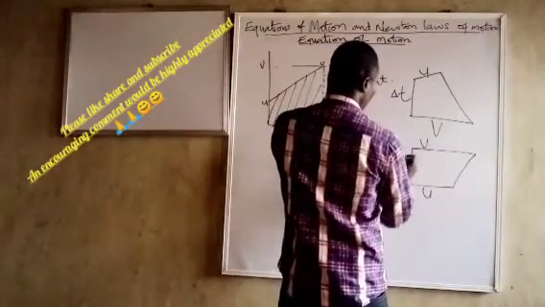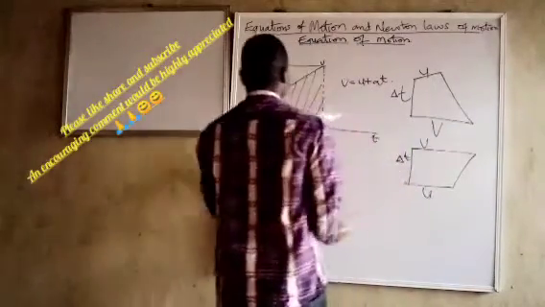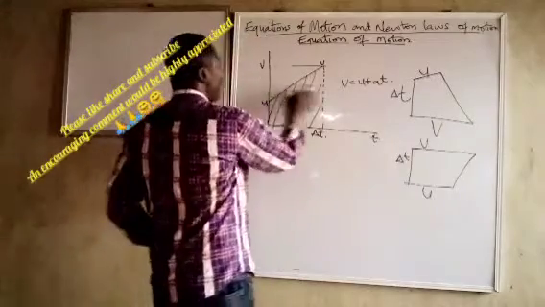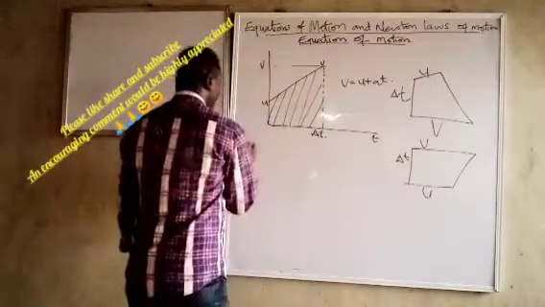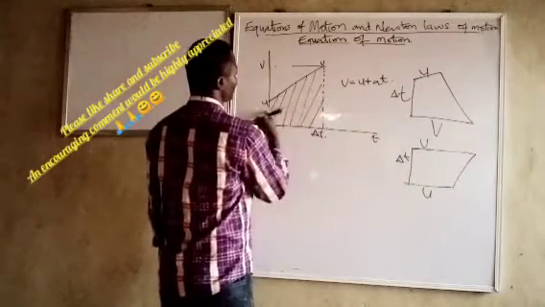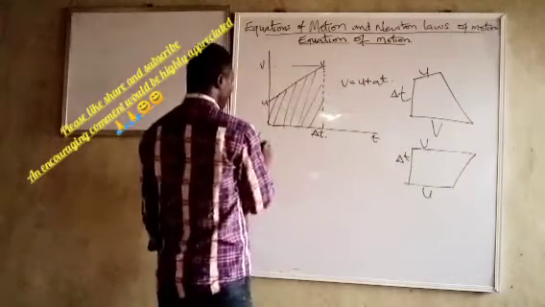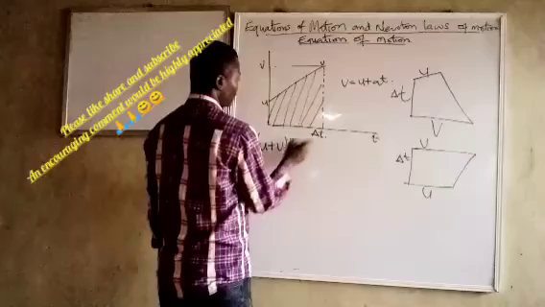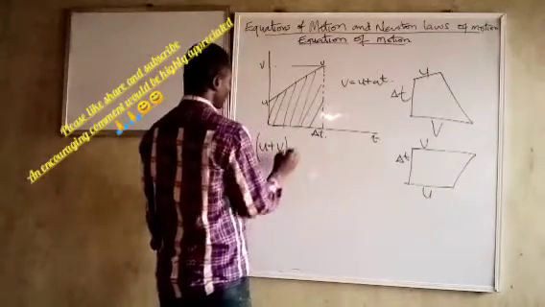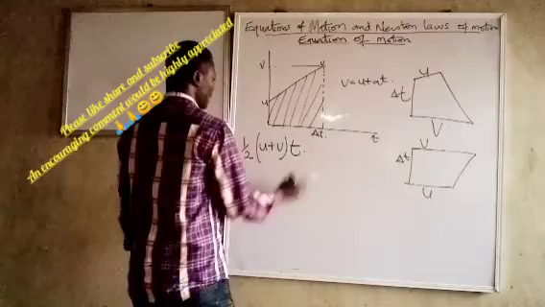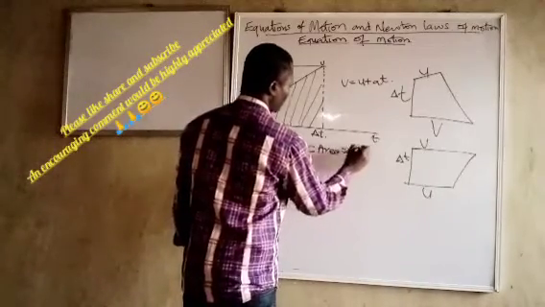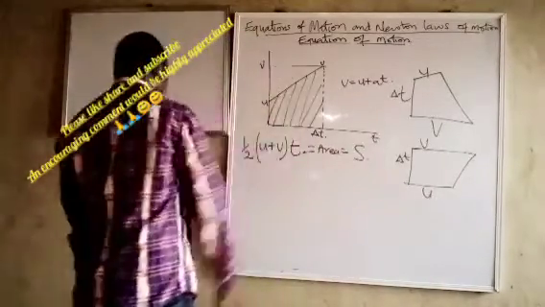U, V, change in time. So it depends. Now look at the shape now. I have found it here now. So our area for trapezium is going to be half into sum of the parallel sides, U plus V times T. So let's use that T to represent our delta T is equal to area, which equals to total distance.